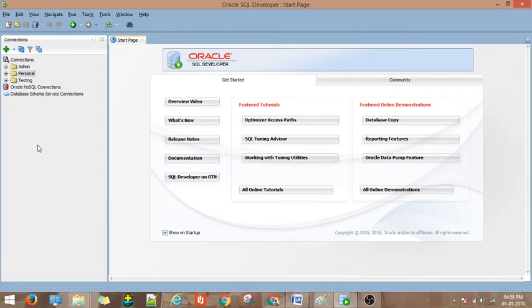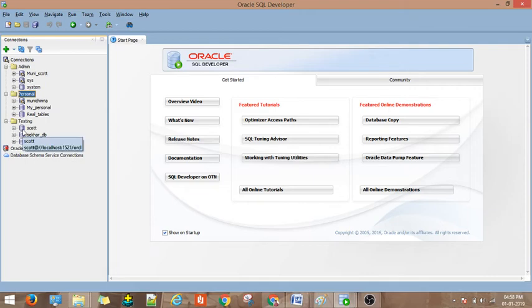We already have a number of connections existing in our SQL Developer. In case a new member has joined our team, he needs the connections. So he has asked, please give me the database connections, I want to connect.